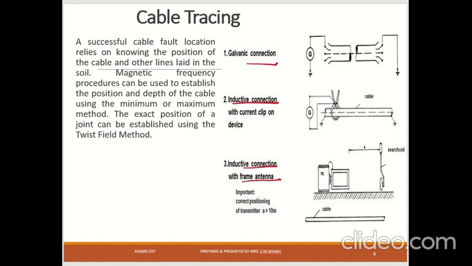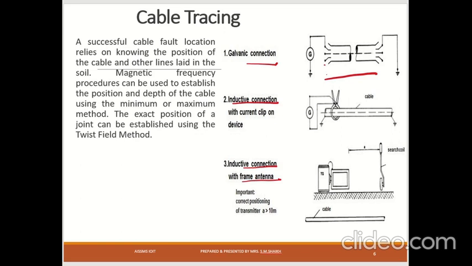Now what is done in the first method is, if you can see the figure over here, all the conductors are open. So basically you have to first trace the cable. You have a starting point with you, you have an end point with you, but these cables are many kilometers long. So you do not know exactly where these cables are, how they are laid, because after many years you do not know the exact path of the cable. So what is generally done, the two ends which are accessible to us, we open those two ends, right? We open all the conductors, right?